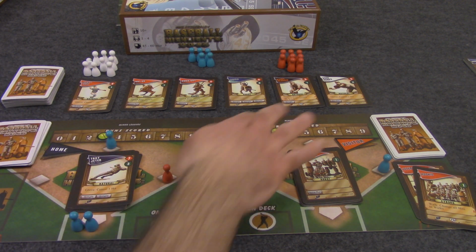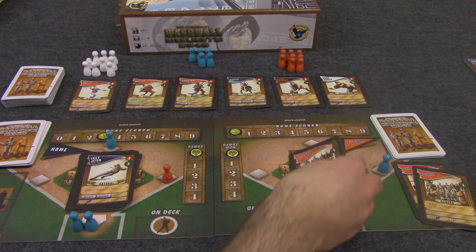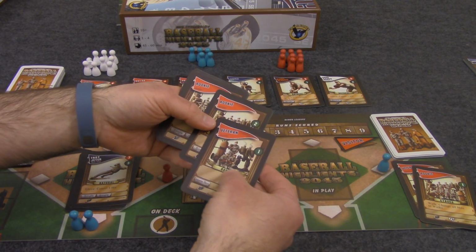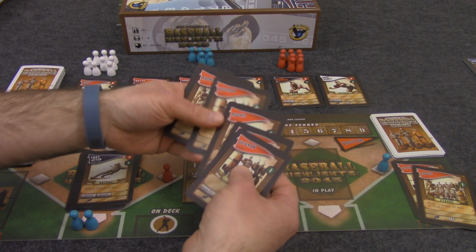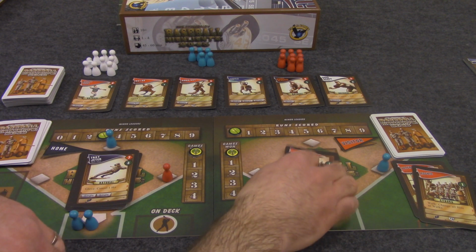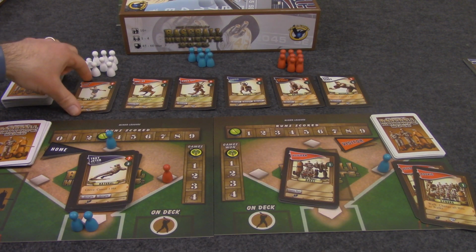And that's the end of the first mini game. So then I would go through and I would total up all my points from the cards played. In this case I have 3, 4, 5, 6, 7. I have 9 points. And I have to take